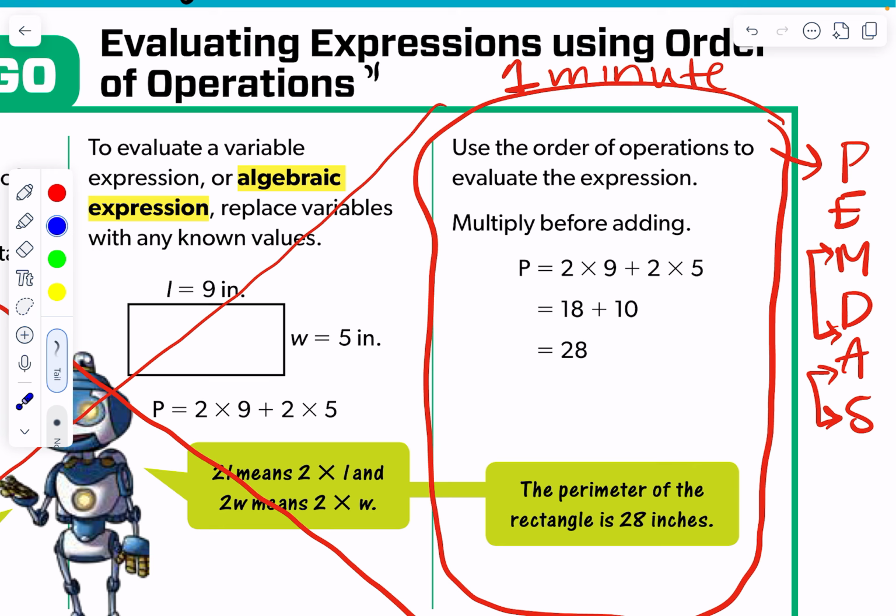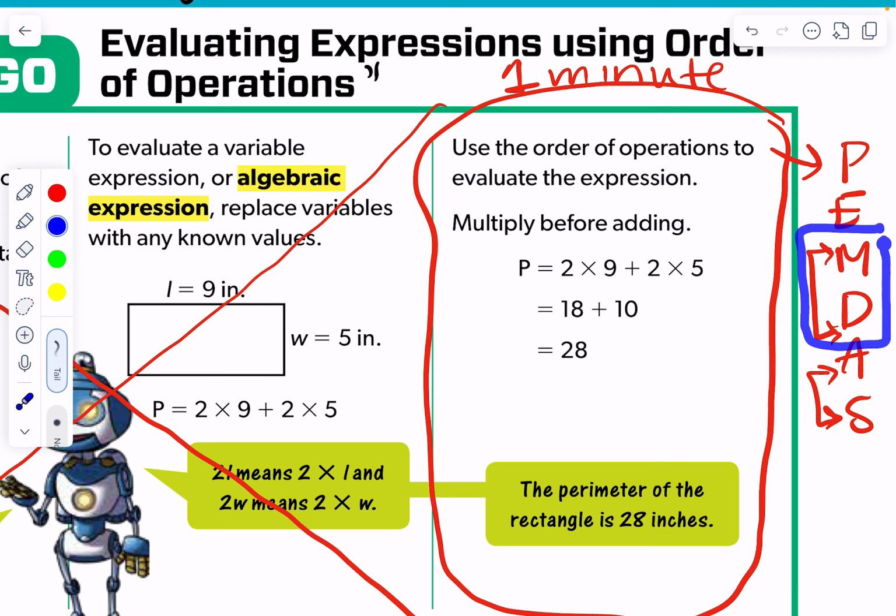So if we have all 6 of these in one question, we know that we would have to do parentheses first, then exponents, multiplication, division, which go hand in hand, and then addition and subtraction, which go hand in hand. I say that multiplication and division go hand in hand, and then addition and subtraction go hand in hand because those operations are actually interchangeable. Even though it says PEMDAS,